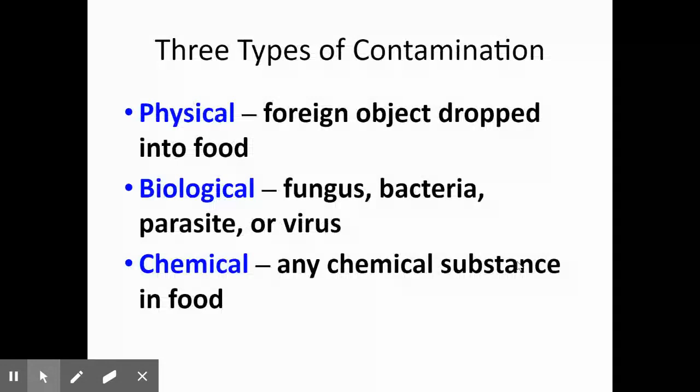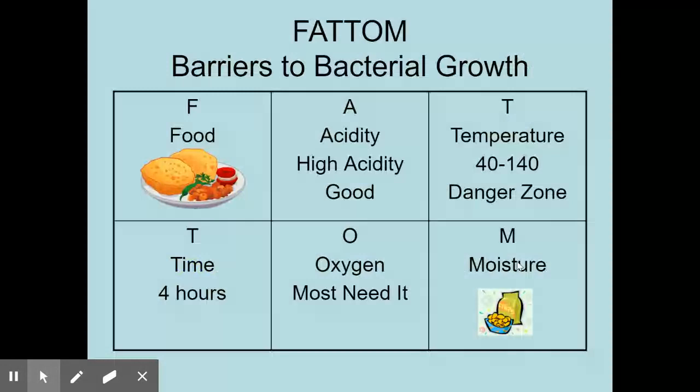We've talked about the three types of contamination: physical, biological, and chemical. All of these items can cause illness, they can cause physical damage to a human body, and we have to make sure that we are only serving food that will not have any of these contaminants in them. We've also covered FAT TOM. If you control bacterial growth in all of the steps of food preparation,